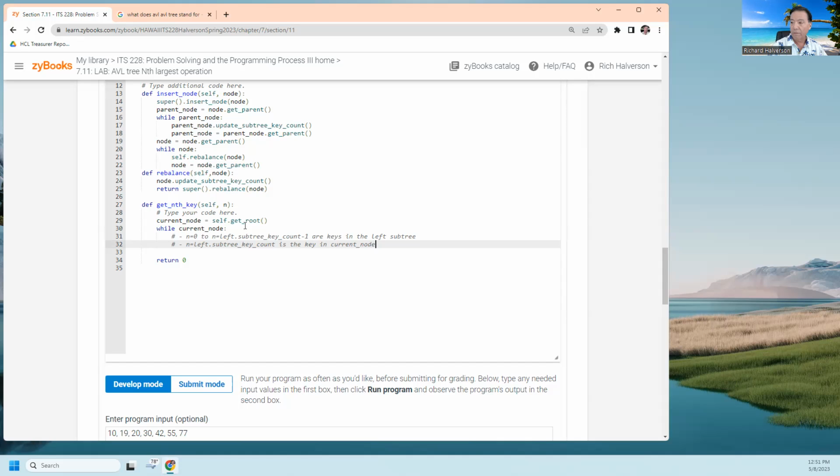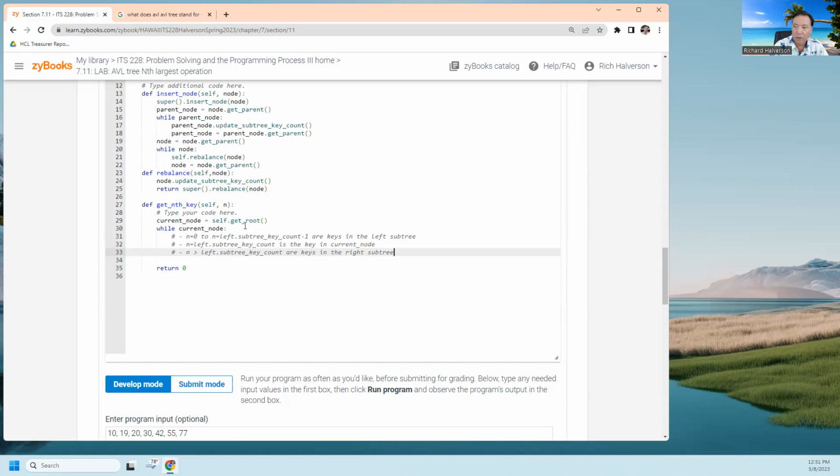That's right. So if the one we're looking for is the 10th, and the left subtree key count is 10, then we know that we are actually at the node that we want. We're at the index that we want. And if n is greater than the left subtree key count,